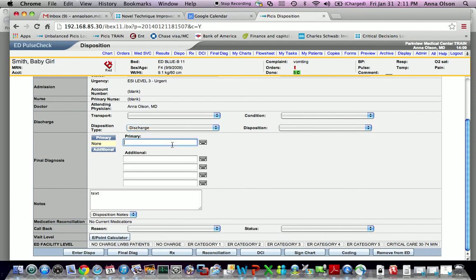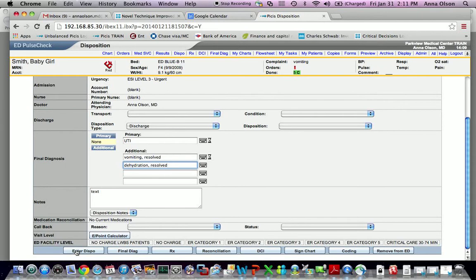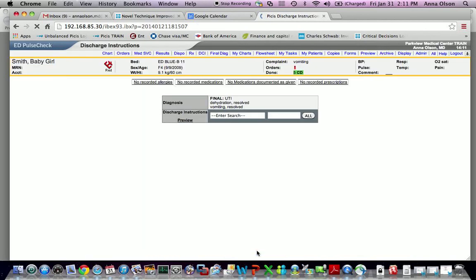All right, so let's say she has a UTI, vomiting resolved, and dehydration resolved. You can put all those things in. You could either hit enter dispo, which will pop you right back out to the main screen, or you can go to final diagnosis, but you don't need to right now. Discharge instructions. You can go straight across the bottom if you want. We don't actually do reconciliation, so